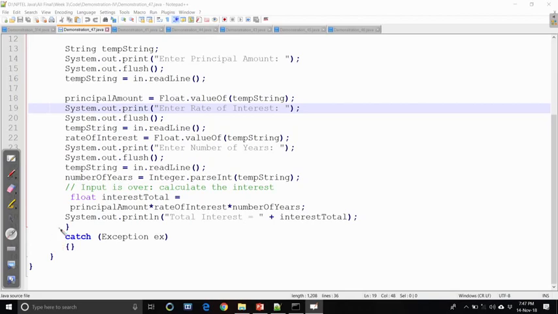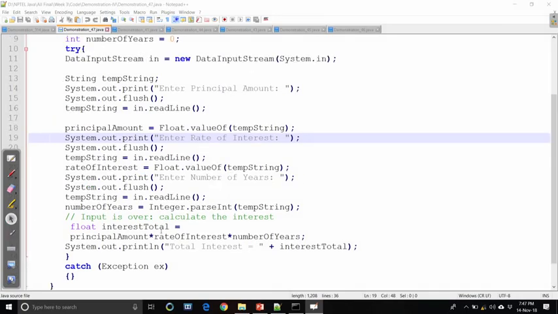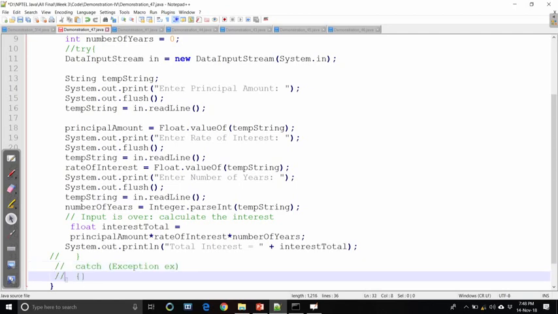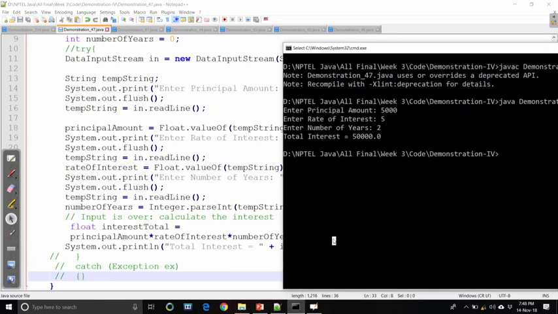If you do not put it, sometimes the compiler will report an error and may not create the bytecode. So, that is why it is customary to use try catch whenever DataInputStream or some input stream class is used. Regarding try catch, we will discuss it in detail later. Now, if you do not give try catch, let us see what error you will face. So, just remove the try command and the catch command. Okay, now we have removed the try catch. It is a very simple program without any try catch, as if we do not know anything about it.